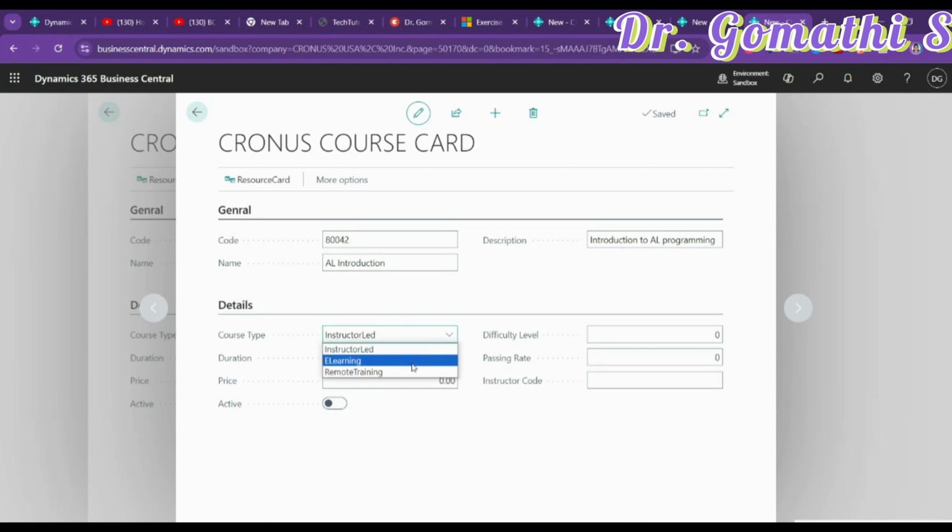Okay, we will just go ahead with e-learning, and the difficulty level, I just want to go with 8. Now the duration, you can go ahead with 5 hours, and the passing rate, if you want to leave it, we can leave that, and the price you can see like 25,000, and the instructor code,